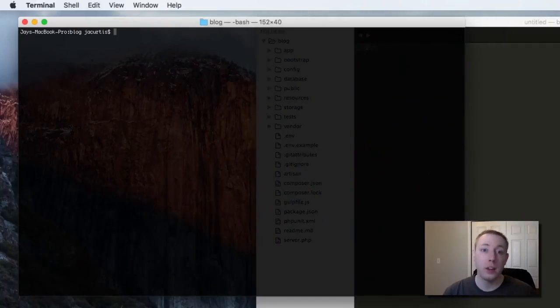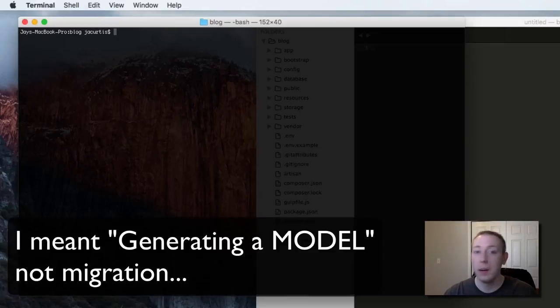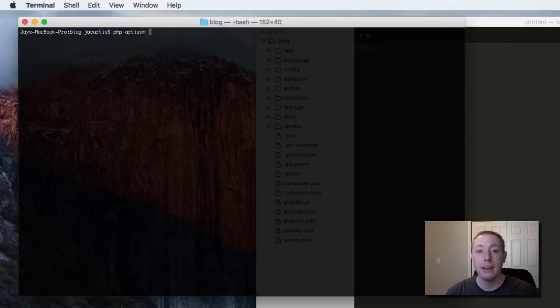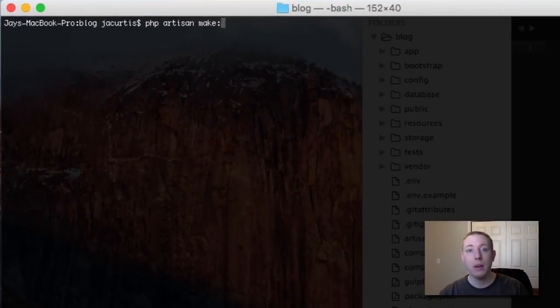Okay, so there's an awesome command we can use Artisan for, and that is for generating a migration for us. So we do our PHP artisan, and instead of serve, we're going to use a new command, and that's make. We're going to start using make a lot more because make saves us a bunch of time. Make allows us to automatically generate things like controllers, models, even views and migrations, and all sorts of other things automatically. So it saves us a ton of time,